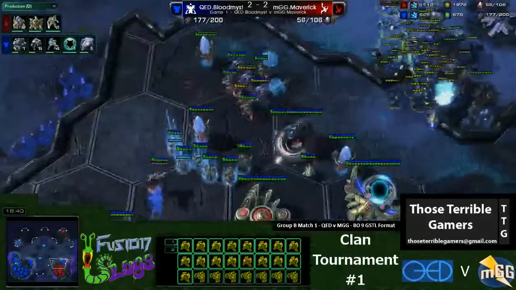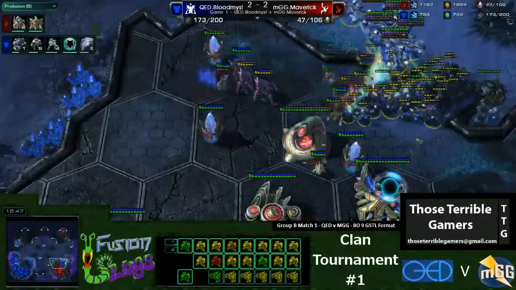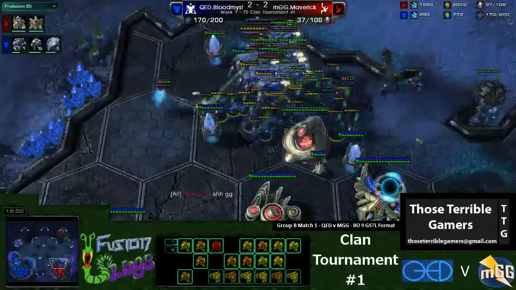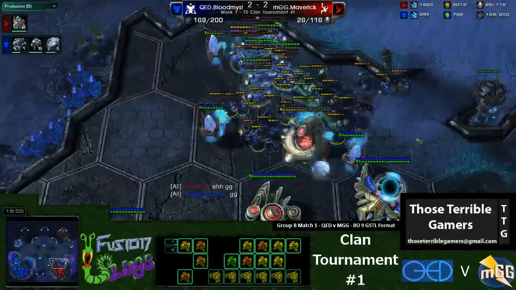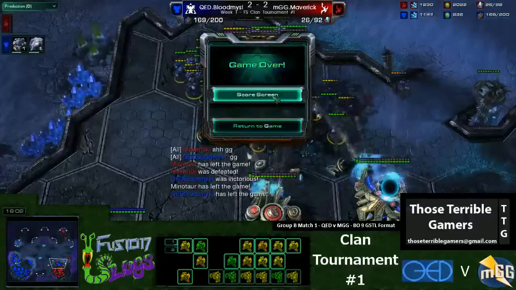And I'd say he's probably going to lose the game here. He just can't get enough units out. There's no more mining going on. He has got a bit of a bank, but these zealots are in a choke now, which is the worst place he wants zealots to be. And the GG from Maverick. So Bloodmyst has pulled it back, showing how his PvT, his TvP has